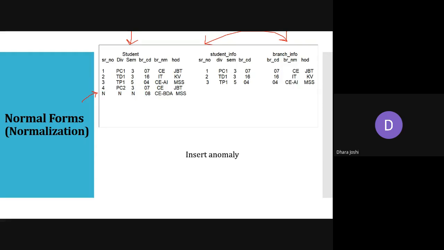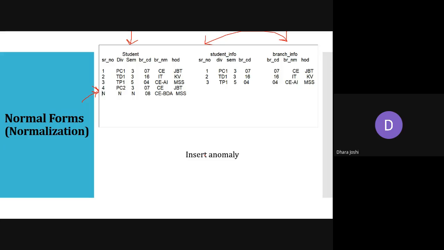I do not know which semester the student is in. So we are left with all this information, and we are just having the information of the branch which we have just started. But we know that serial number here will be the primary key, and that's why the null will not be allowed. Null is not allowed in the serial number. Okay, so it is a kind of insert anomaly which we are facing.